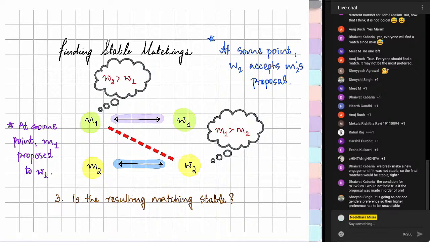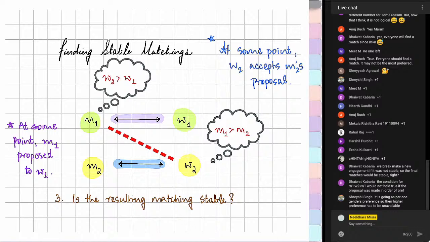And what does W2 do? How does she react? Well, she likes M1 better than M2. At this point in the algorithm, maybe she has not gotten engaged to M2 yet. Maybe M2 has not proposed yet. We don't really know. But if you think about it, if M2 is W2's final partner, then all the proposals that W2 must have received throughout the algorithm must have been from men whom she likes less than M2, because if she received a proposal from somebody whom she likes better than M2,